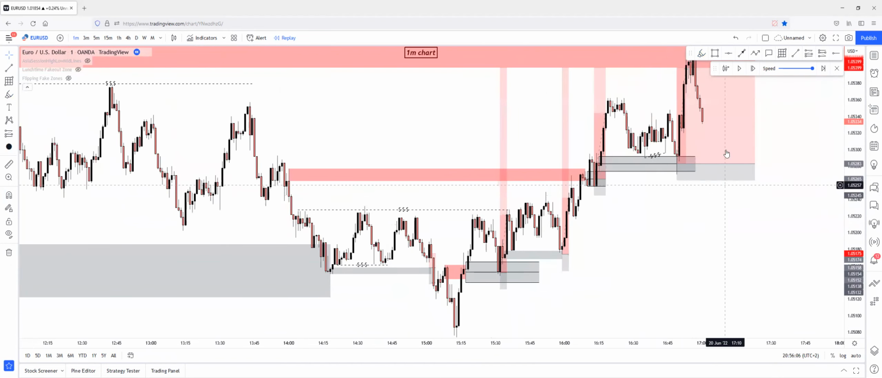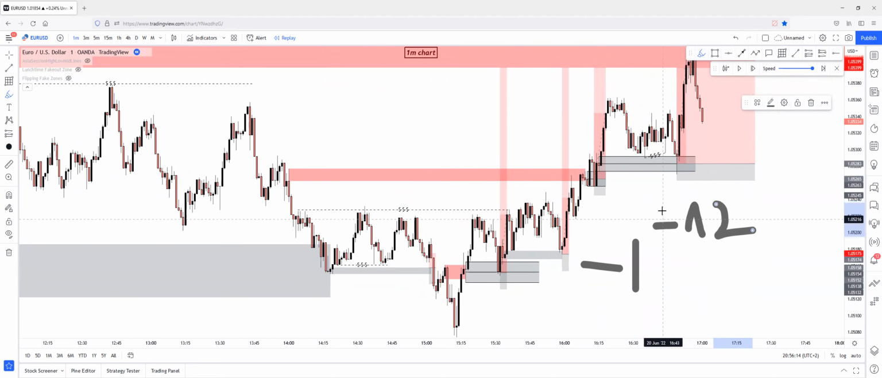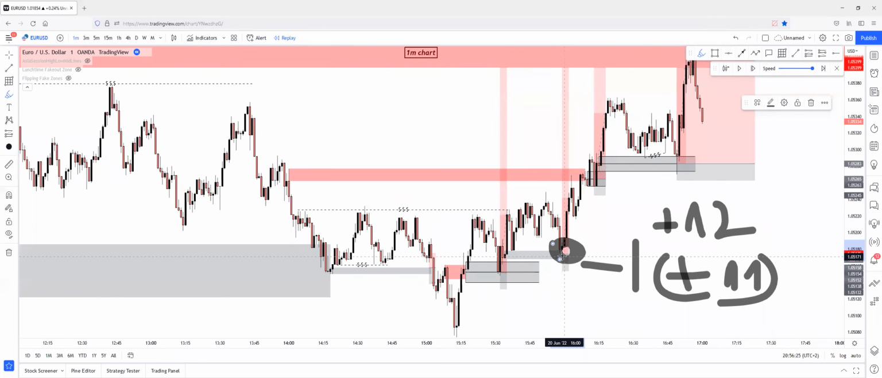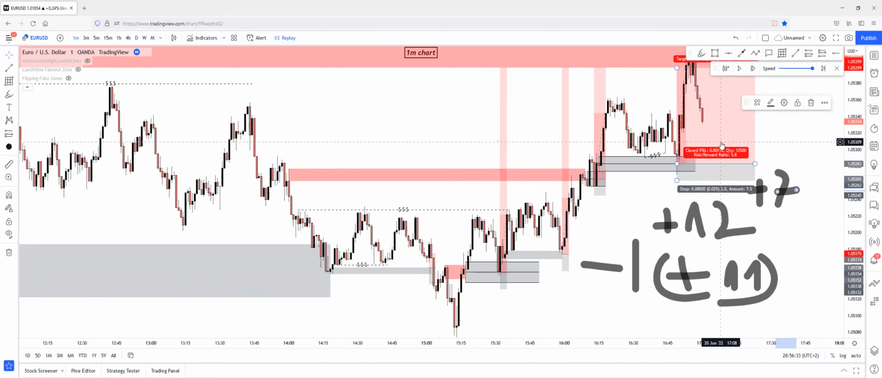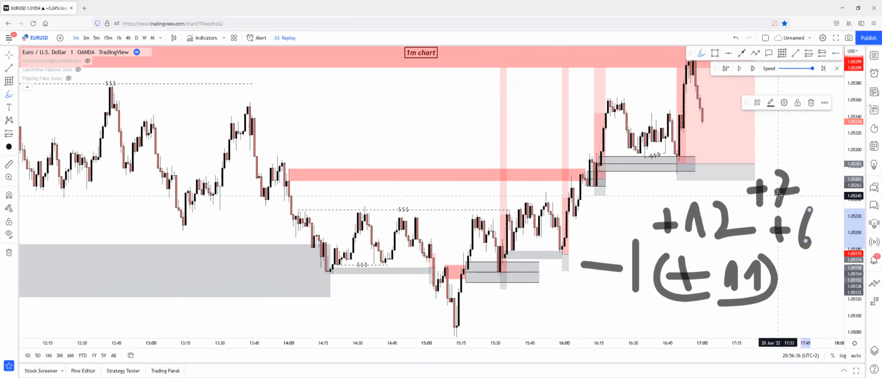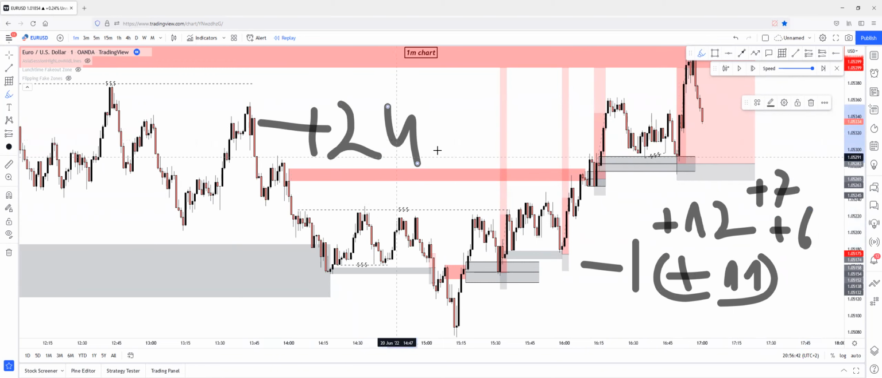Let me just count the total risk-reward ratios together. This was a -1. This was a plus 12. This would have been 11, but I won't count this because I wouldn't have taken this in a live trading session, just in a backtesting session. This would have been nearly a plus 7, plus 7, and this would have been nearly a plus 6. So plus 6, it's 13. Yeah, it would have been a plus 24 risk-reward ratio session, but with this 11, it would have been a